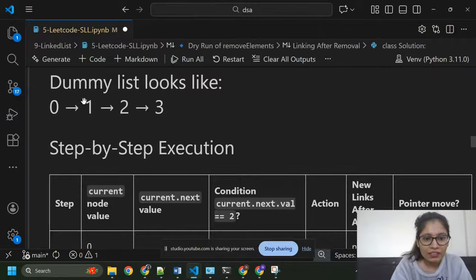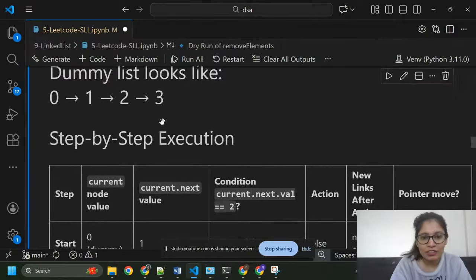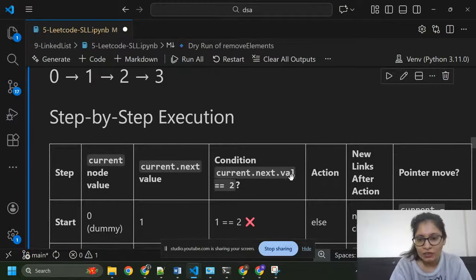In current dot next I got 1. So current dot next dot value is value, so that is 1. To be equal to the value that we want to remove, we need to check this condition here. Current dot next dot value means 1. This one is equal to 2? 2 we want to remove from the linked list.